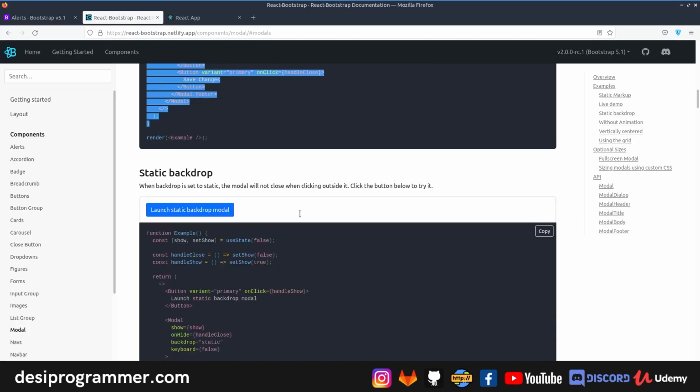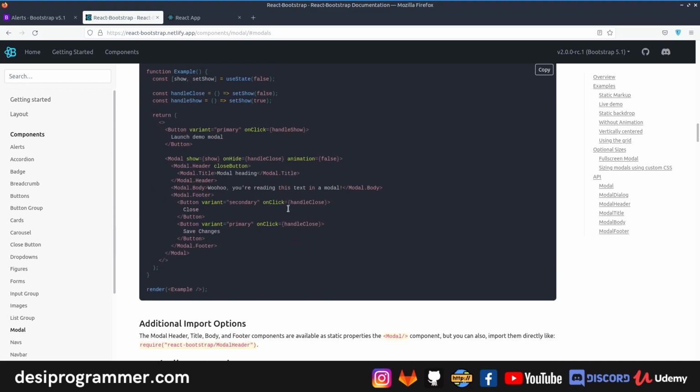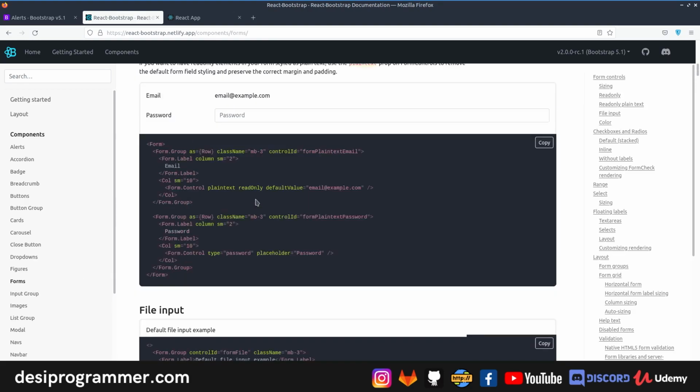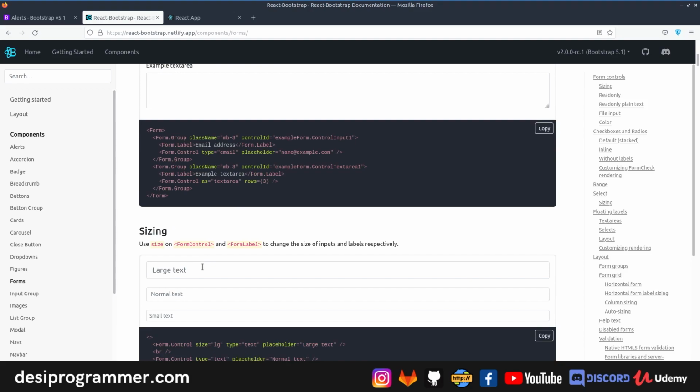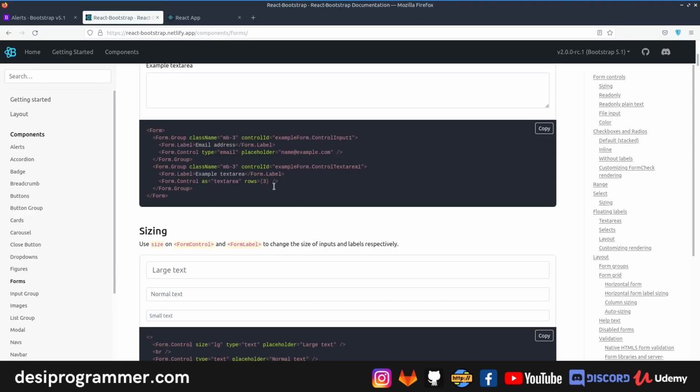Rest is the same. If you are familiar with Bootstrap, you already know what static backdrop, center, scrolling and such are. If you don't know, just as I said, you have to learn Bootstrap then. Even forms are here, and you can simply use this form, or you can simply use the basic class names form and form-control on your input fields, and the form will be rendered. Although we're actually going to talk in detail about front-end form validation using React Hook Form and Yup, not right now, because that needs a lot of introductory topics.